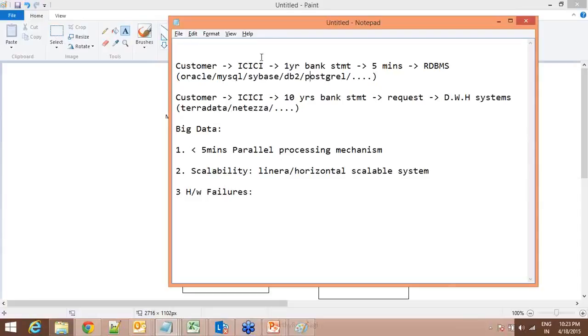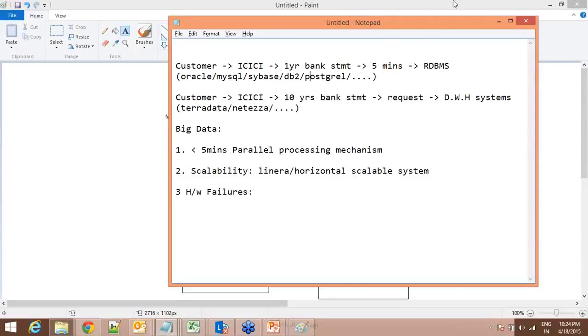Of course, if the database server is down, nowadays they are maintaining a backup server. If the main server fails, the backup server will be there. Okay, so active passive servers. If the active server is down, the passive server will become active. But in the worst case, both servers are down at the same time. So there will be no option. So your application will be down. So we know if an OLTP application is down, how much impact it will have on the customer revenue as well as the brand.